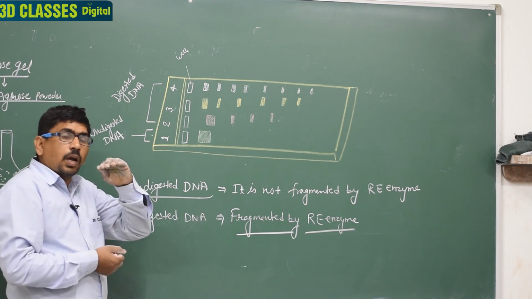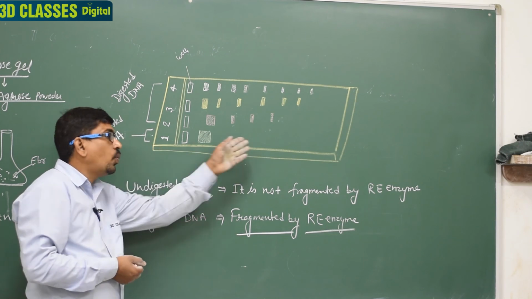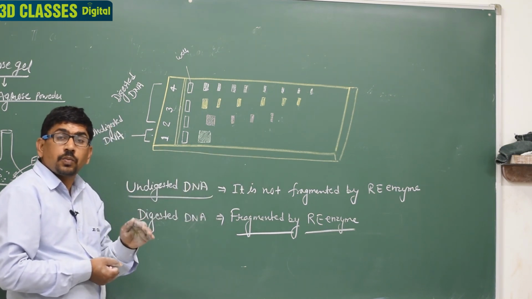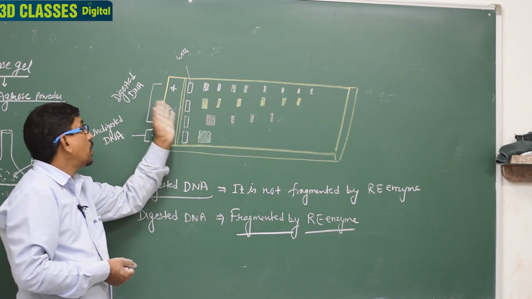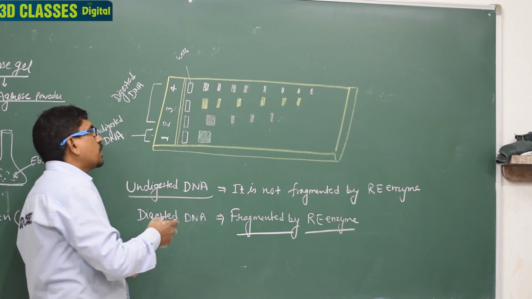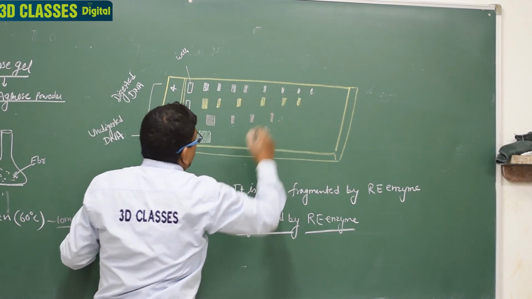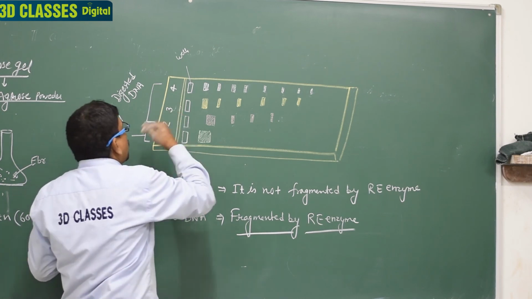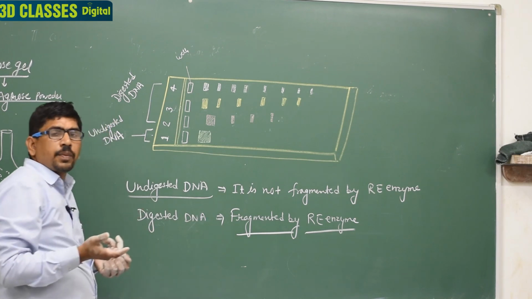So this DNA is so long that it does not move easily in the sieve-like gel in the electric field, but the shorter, digested DNA moves in segments, and there are different types of segments. In the line 4, 1, 2, 3, 4, 5, 6, 7, 8. How many? 8 segments are formed. But in number 3 there are 1, 2, 3, 4, 5, 6, and in number 2 the 4 segments are formed.